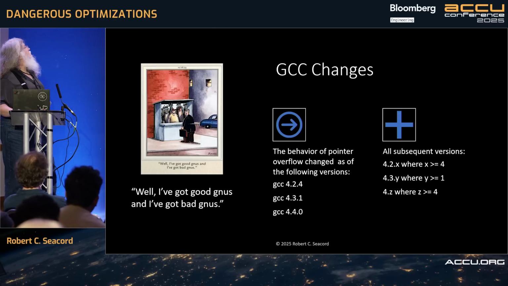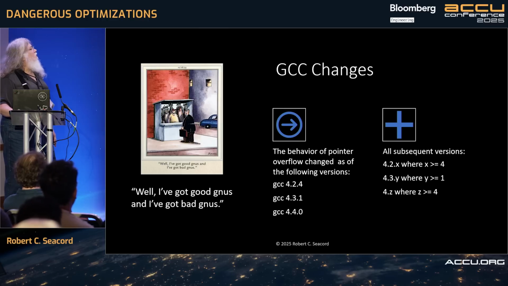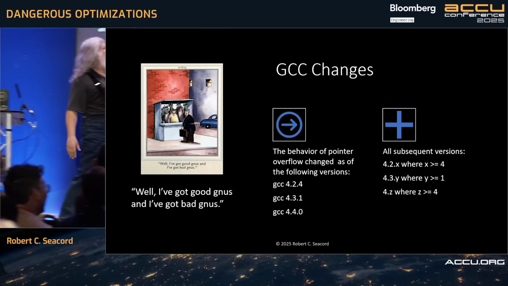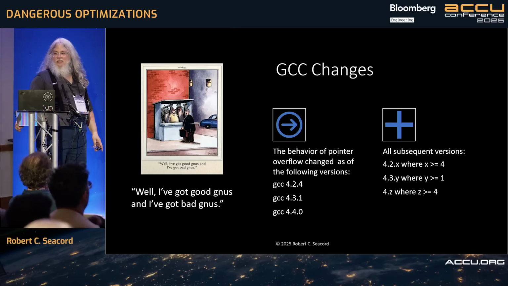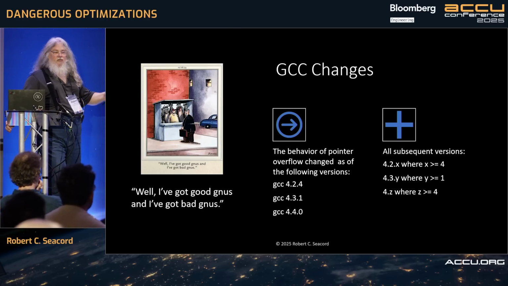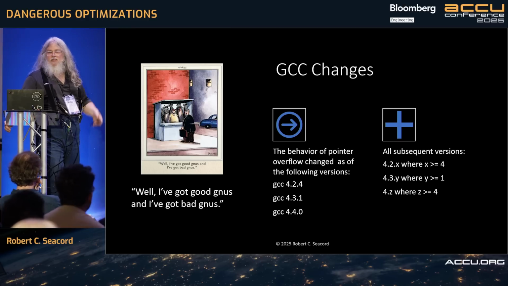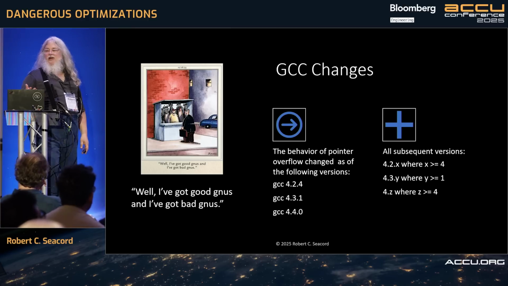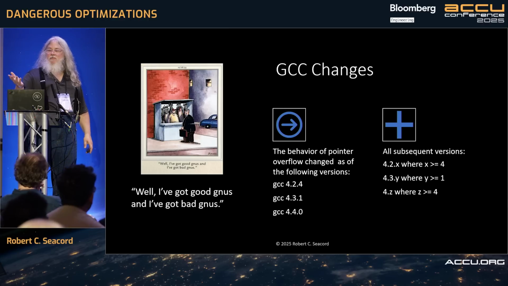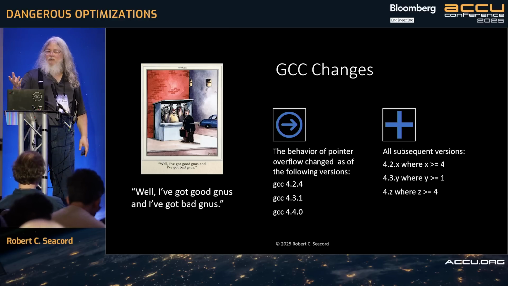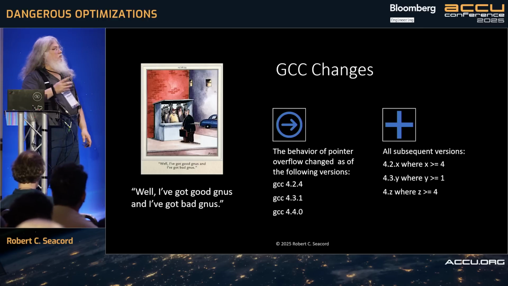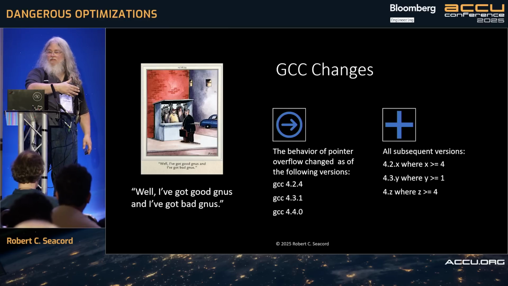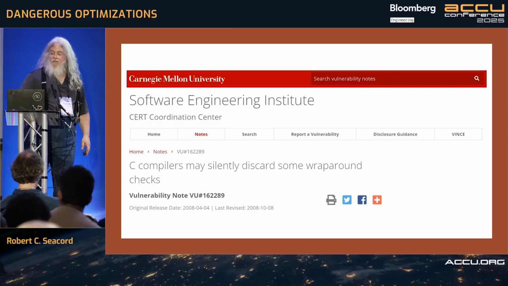Okay. So GCC, I use the Larson comic with, we've got some good news and some bad news. So the behavior of this changed as of these releases. And this changed in a maintenance release of the compiler, right? So you could be using a compiler, and say, let's just pick up this latest maintenance release, and bam, these undefined behaviors have changed, right? So undefined behavior, I don't know if I said this earlier, is actually a portability issue, but it's a very keen portability issue in that those behaviors can change in any given release of the compiler you're using.